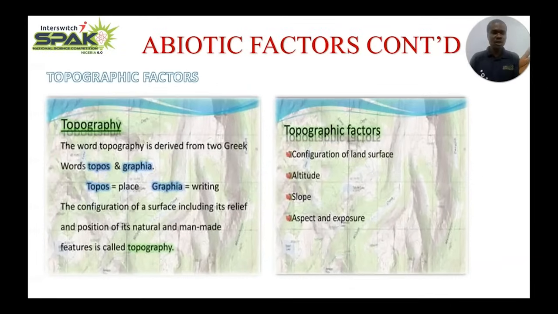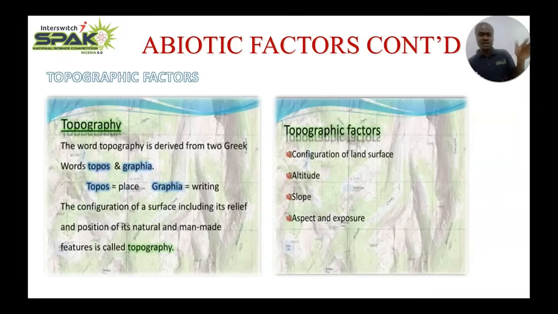Now, the topography as well. The word topography is derived from the Greek words topos and graphia. Topos means place, graphia means writing. The configuration of a soil surface, including its relief and portions of its natural and man-made features, is called topography. When you look at the soil, some soil